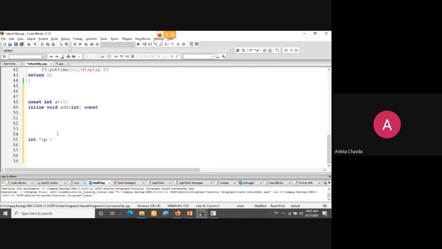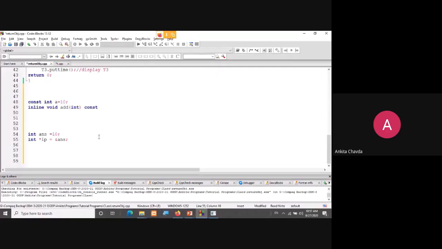So I'm taking an integer value ans, say suppose, that is 10. So what I can write is ampersand sign and ans. So wherever the ans is, at that point the pointer needs to point. Yes or no?